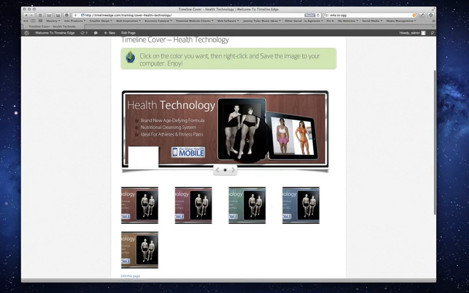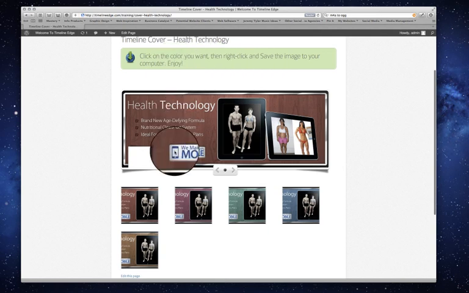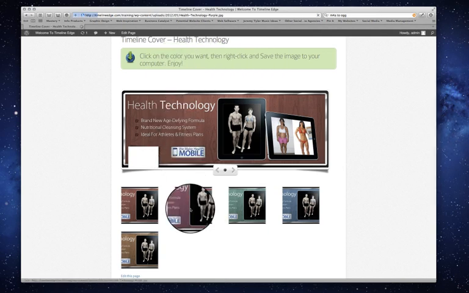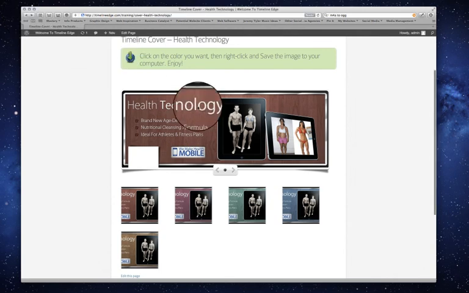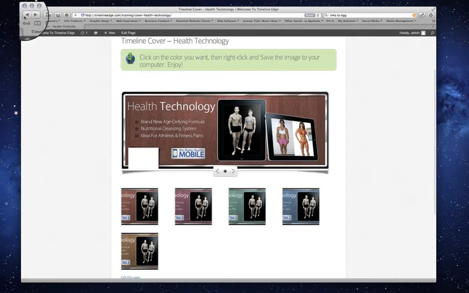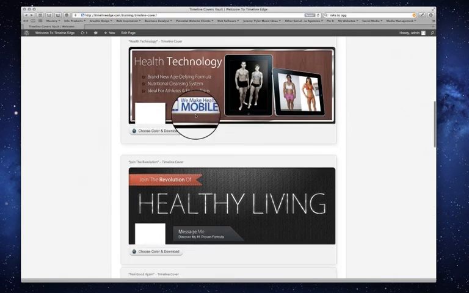And to access it, it says click on the color you want, then right click and save the image to your computer. So what you do is you just click that one, say you wanted the pink one, it's more of a purple, and you just right click it and save image directly to your computer, and then you can upload it to your Facebook. So we have 9 timeline covers for you to choose from that all have different colors,